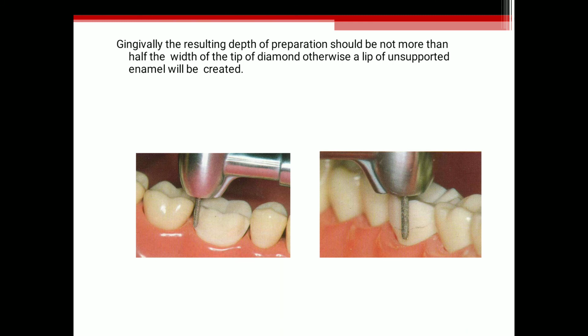Otherwise, a lip of unsupported enamel will be created. How will unsupported enamel be created? This is the reason. You might have heard about unsupported enamel when a preparation is shown step by step. This is the way unsupported enamel will be created.